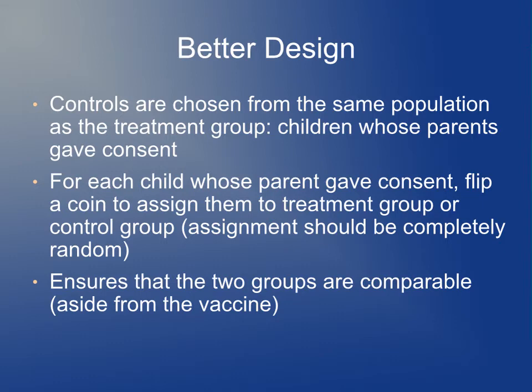The reason that you do this is you're trying to ensure that the only possible difference between the treatment and the control group is the treatment itself, that there should be no systematic variation between the treatment and the control group, and hence very little possibility for confounding. You could still get unlucky and end up with a lot of grade 3 kids in the treatment group, for example, if your sample size is small. But if you have tens of thousands of kids in the study, then the two groups should be essentially indistinguishable other than the vaccine, meaning that if the death rate is lower in one group than the other, it should be the result of the vaccine.